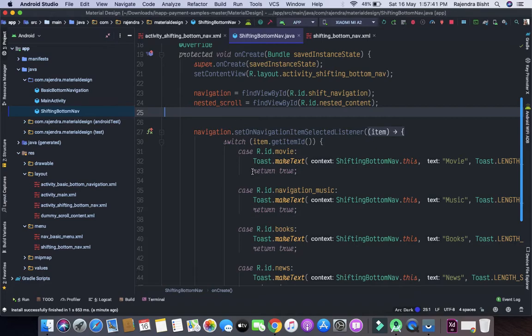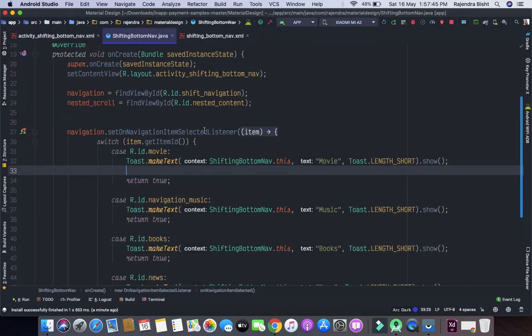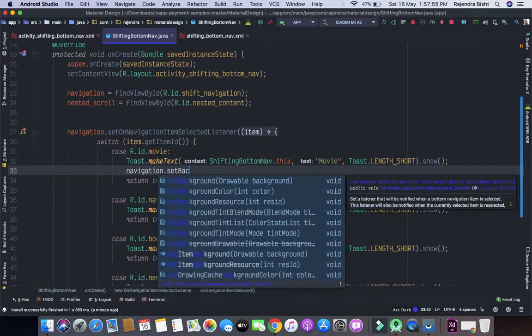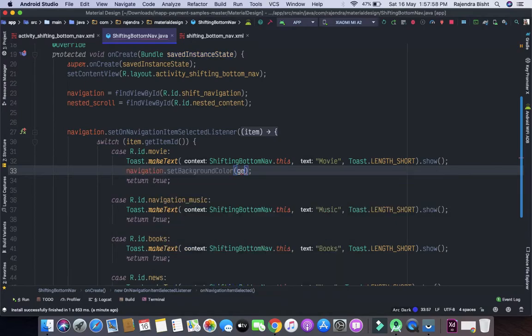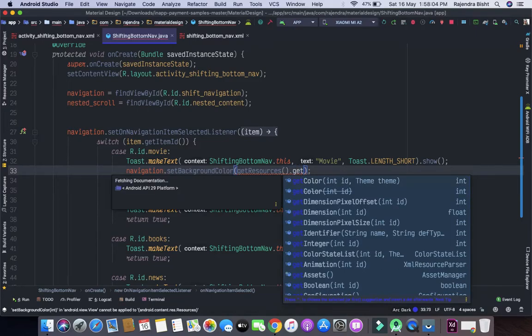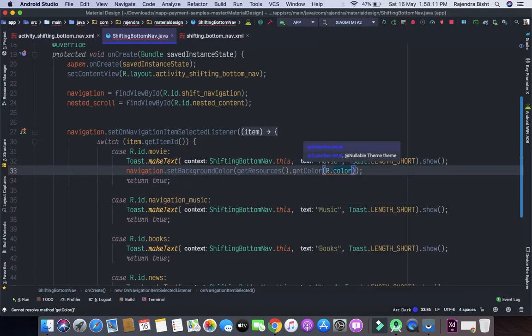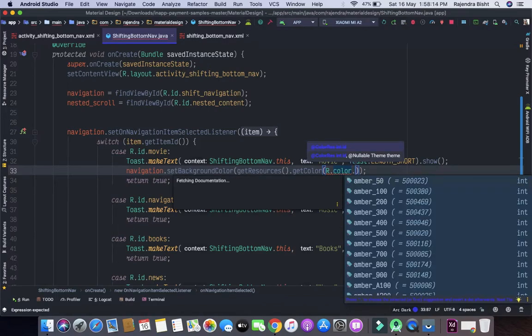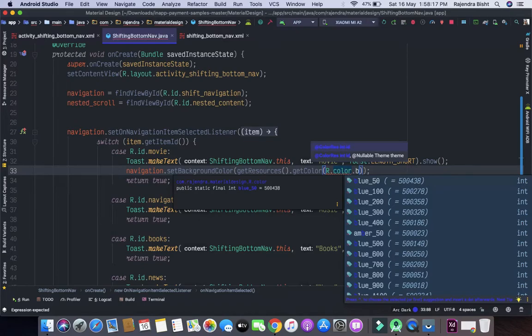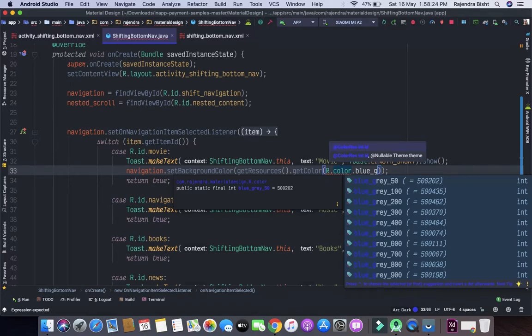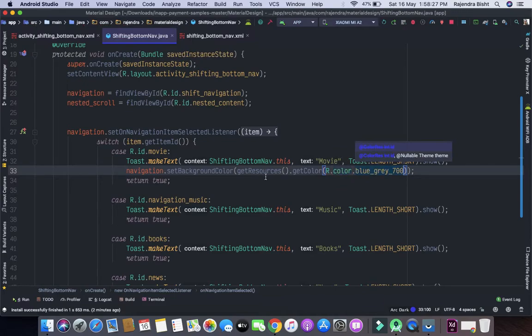Now when the user clicks on movie, it will change the color to, let's say, navigation dot setBackgroundColor, getResources dot getColor, let's say blue design.